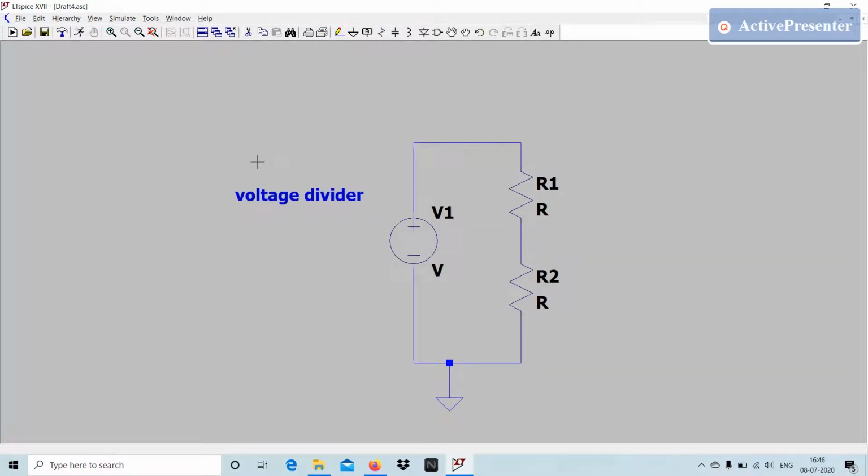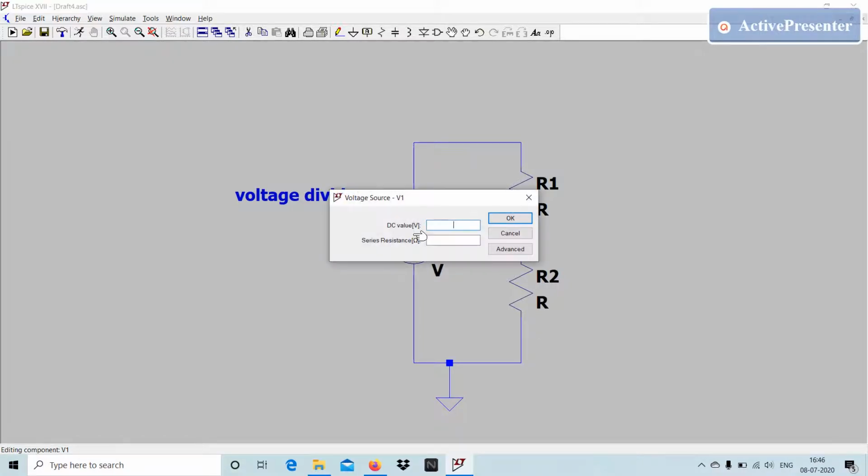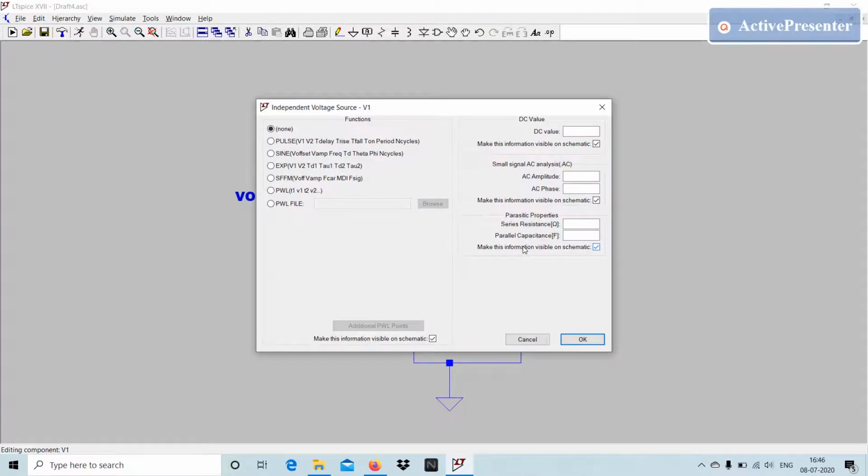Okay. Now I'm going to configure the values. I'm just clicking on what looks like a DC voltage symbol, and right clicking. Then I'm getting two blanks here, but I want to use a DC supply, so I'm giving 10 volts over here. In case you want to use any sine wave, go to the advanced. So here you will get multiple voltage sources: pulse voltage sources, sine, exponential, PWL file. There are so many options available over here.